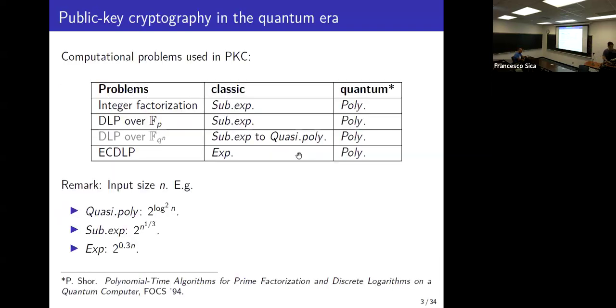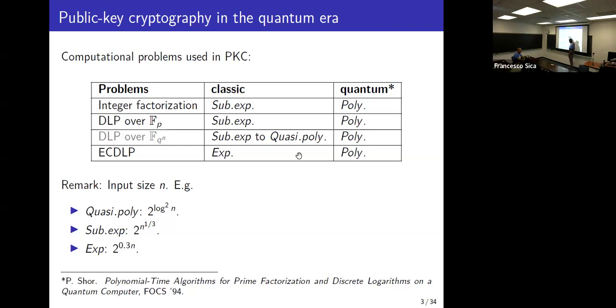Okay, and of course, immediately after that, I'm going to give a list of computational problems that are currently used in public key crypto, and they're actually used in practice. For example, the integer factorization problem. There are discrete logarithm problems, DLP over F_p where p denotes the prime field, and there's a discrete logarithm problem over a finite field F_q where q denotes the characteristic. It can be very small, it can be up to prime p, so basically something which generalizes this. And there's also the elliptic curve discrete logarithm problem.